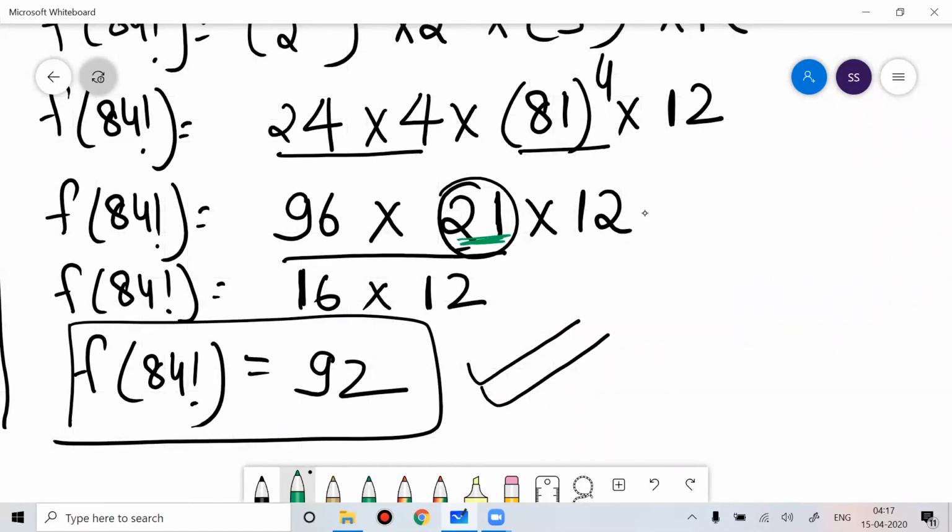Anyone have any doubt? I hope all your doubts would have been covered. I don't think after watching this video you'll have any other doubts in regard of finding the last two non-zero digits of n factorial, finding the number of zeros n factorial ends with. Also, I've covered how to find the last two digits of any number, x to the power n. So around four concepts I've covered in one video only.